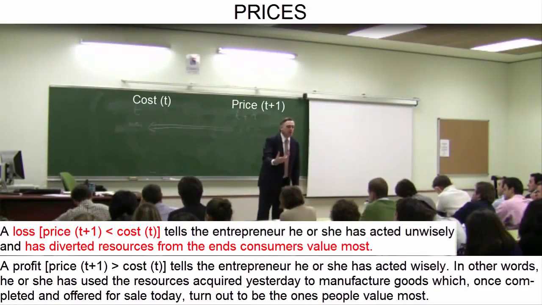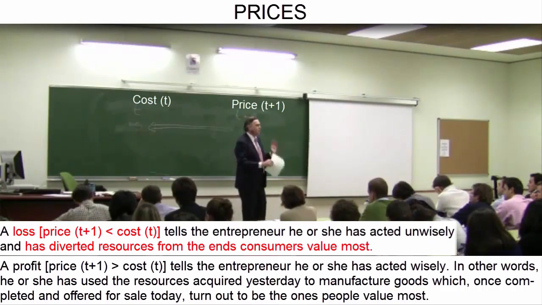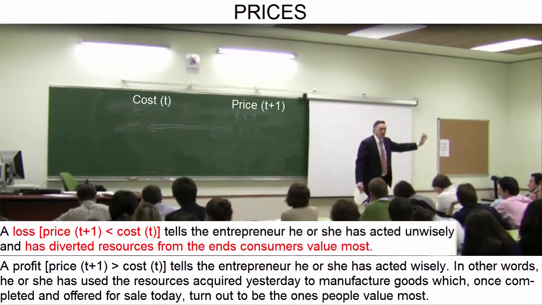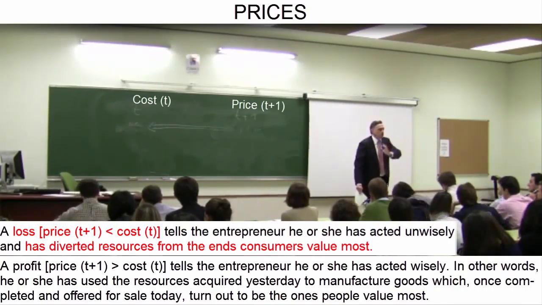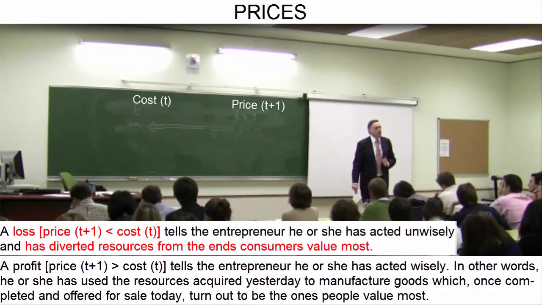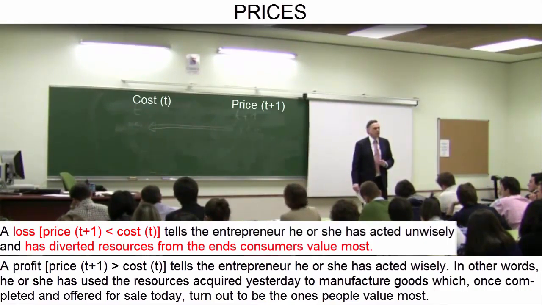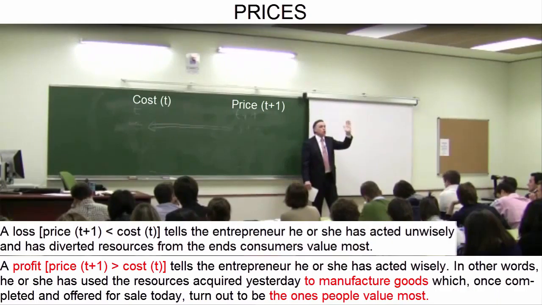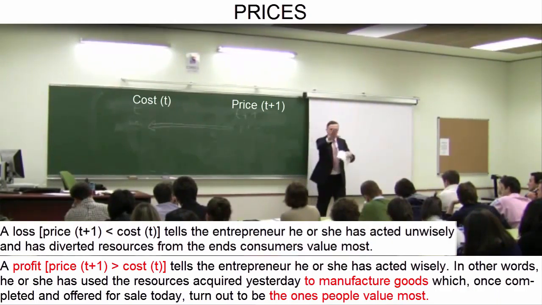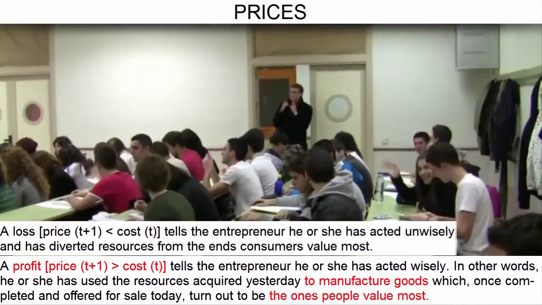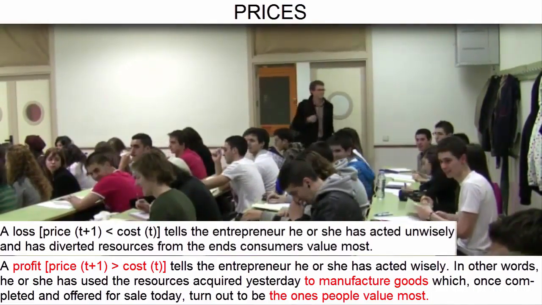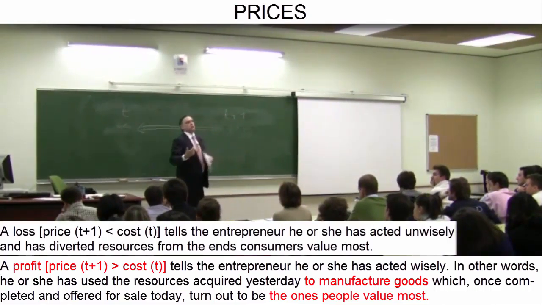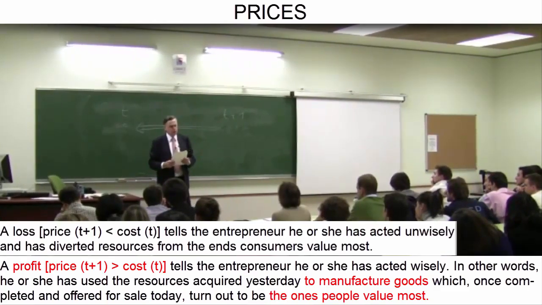That society's scarce resources have been malinvested, because you, as an entrepreneur, have put them to use on an investment project which, when it has matured, has not commanded a price equal to the value of what you have already paid in costs, along with a profit margin. Meanwhile, if you have made a profit, the message is, you're on the right track, keep it up. The use to which you have put society's scarce factors in pursuit of that production project is correct. Consumers would not have placed a higher value on any alternative use for those scarce productive factors.